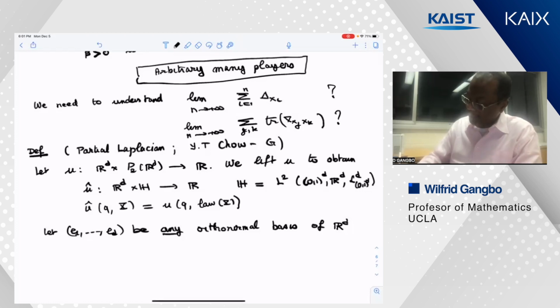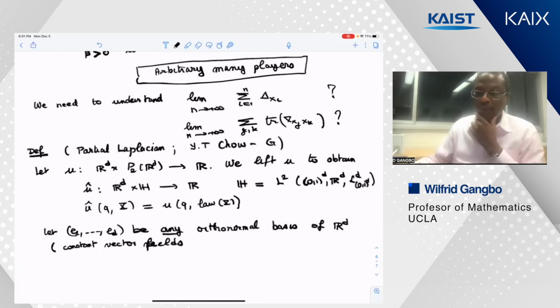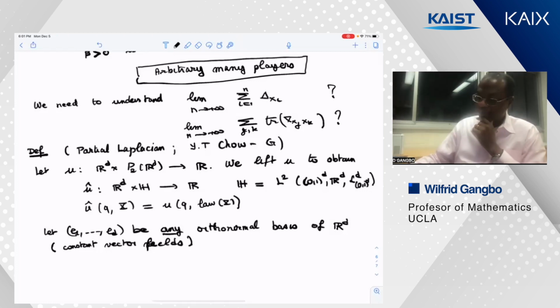In fact, I should have said these are constant vector fields, which are orthonormal on the Hilbert space. So I am looking at a very special vector field